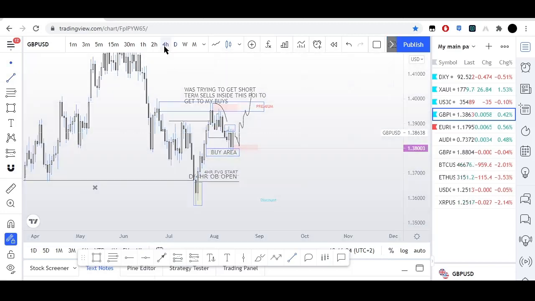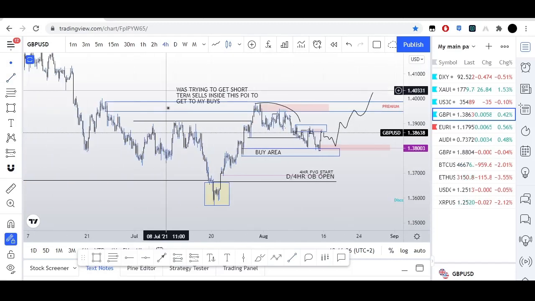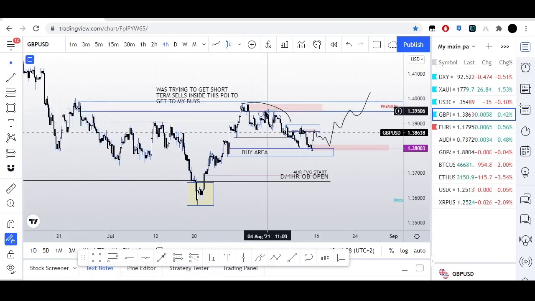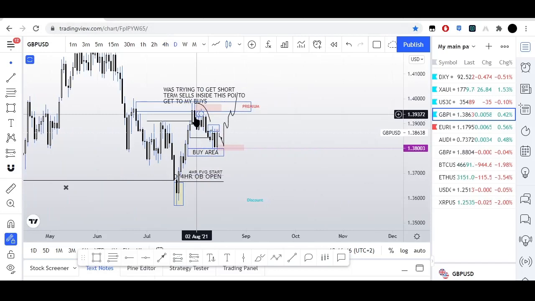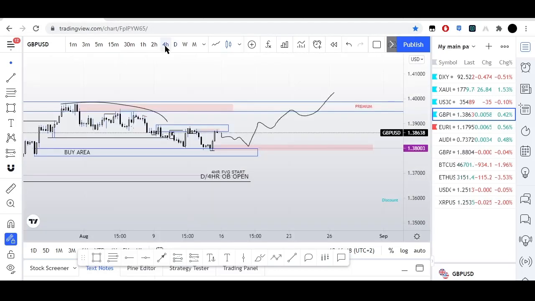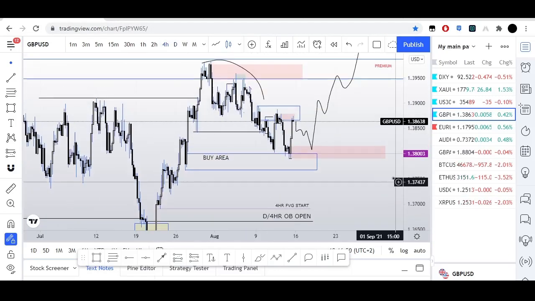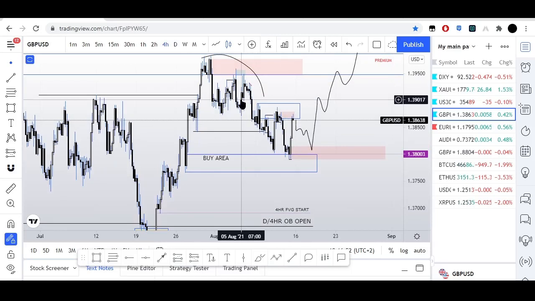So last week, well, for 2 weeks, I was looking for sells in this area to get to my buy. Overall I'm bullish, but that doesn't mean I can't sell. This was an area of supply that I was looking to sell at, and I missed a couple of them. Got a few stop outs because I was getting into